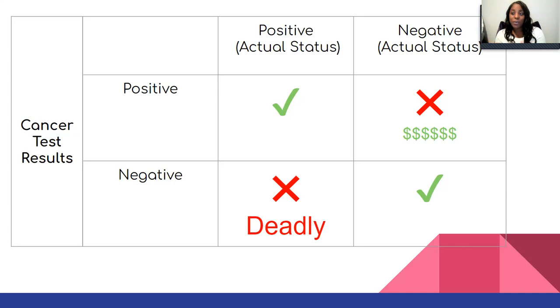You've told them that they're okay, and so they've gone on and left, and now they actually are positive, and you've lost all this treatment time, things that you could have been doing to be more effective. And in this same way, this is why it's so important for the modified Hodge test and the Triton Hodge